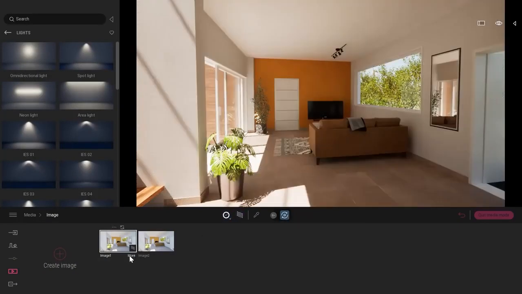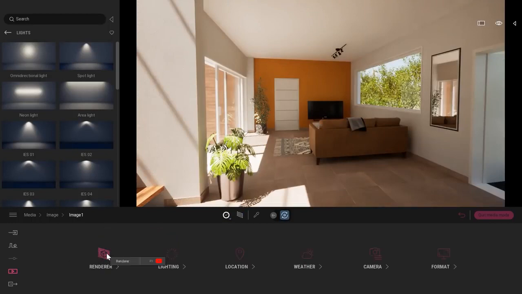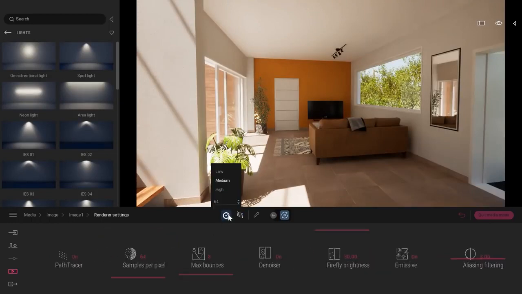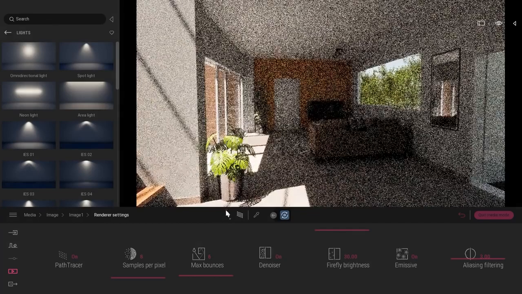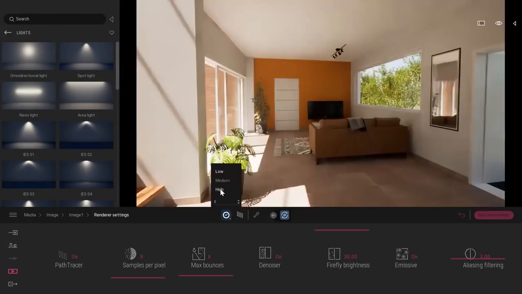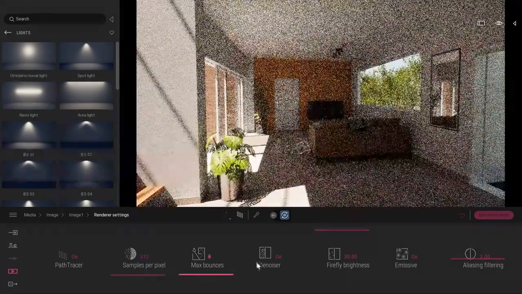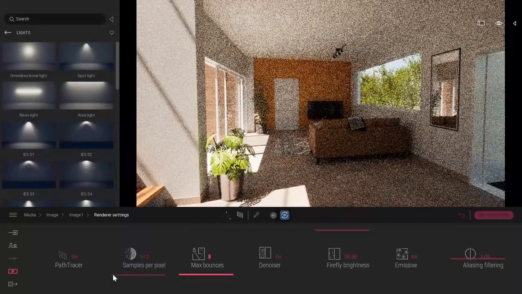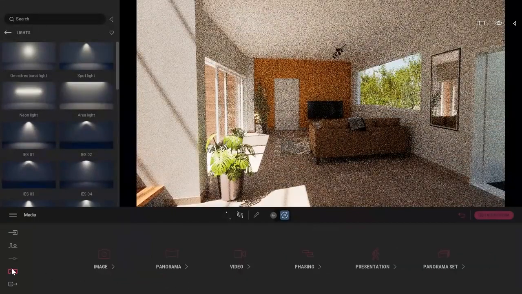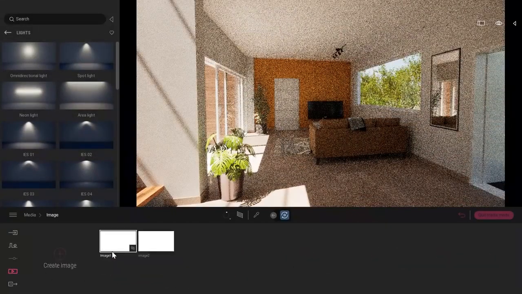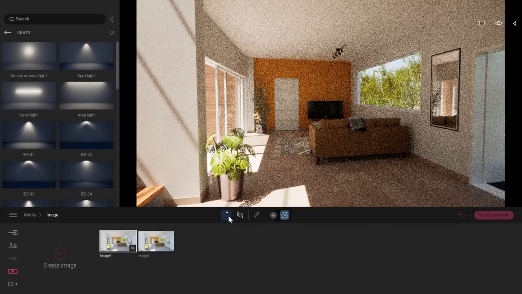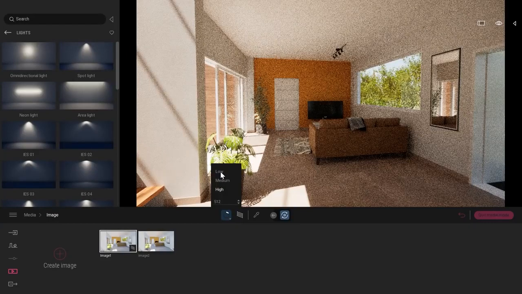So let's come to the more specific image settings. Open the renderer dock, and here if I switch from low to high, as you can see, it changed the value here in my dock. So it's a quick way to work actually. Basically, when I'm still refining my project, when I'm still changing light parameters, changing materials, I'm using the low quality.